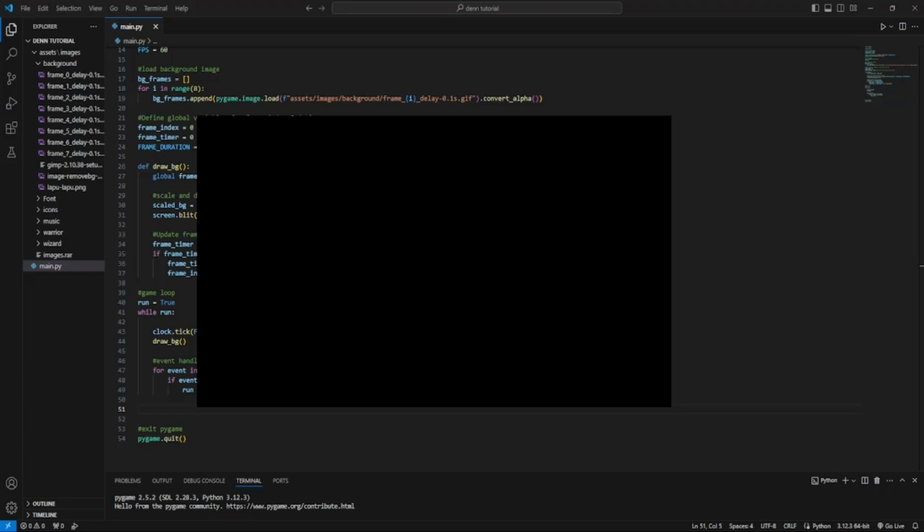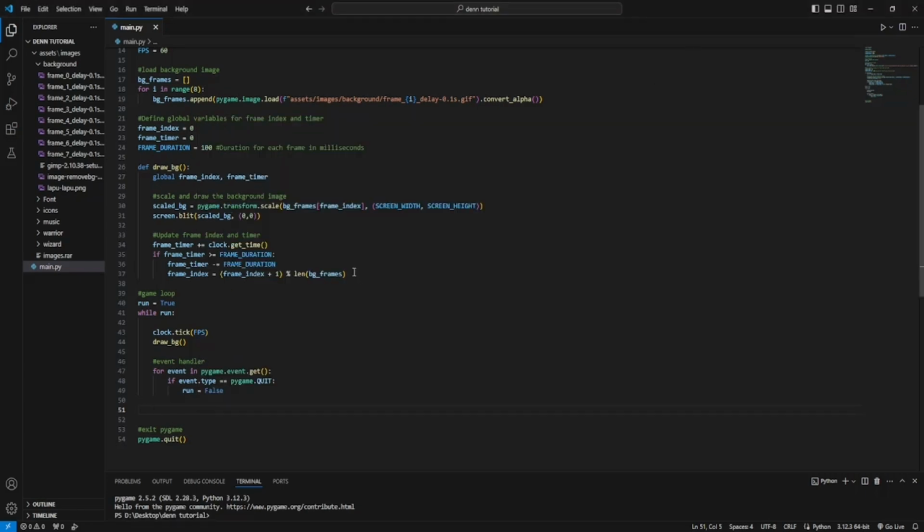So throughout this game loop, there's going to be a lot of different updates. Although right now the only thing being drawn is the background, I will eventually have players moving around the screen, and all of that is going to be happening within this game loop. So what we need to do right at the end of it, below the event handler but still indented to make sure that this is part of the while loop,